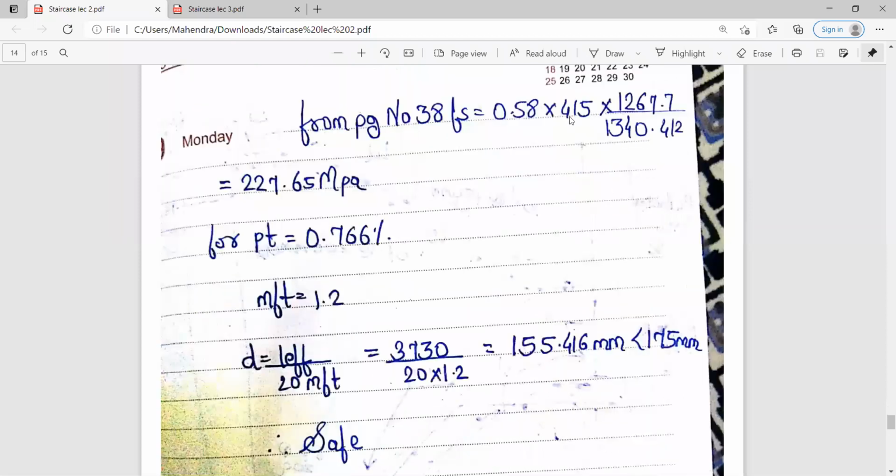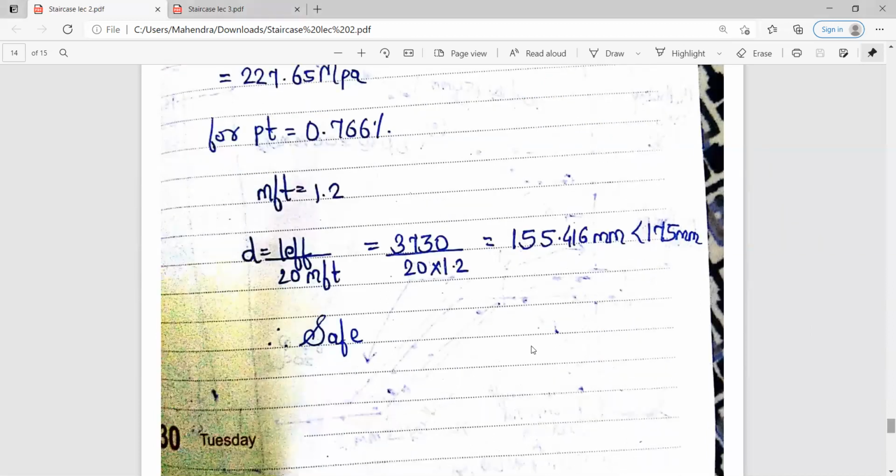The value for Fy is 415, as you had used 415 steel grade, and Ast required you had got is 1267.7, and Ast provided you got 1340.412. So from that the value of Fs comes up to be 227.65 megapascal, and percentage minimum already you had calculated, that is 0.766%, and